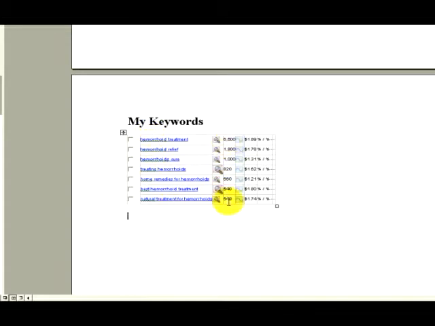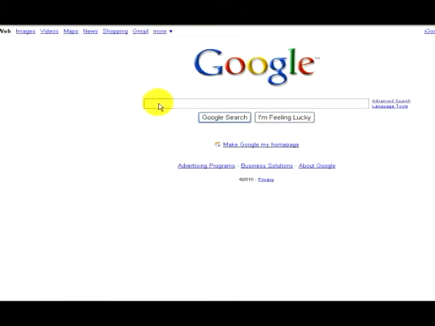It's got the keywords and the number of searches per month. The rest of the stuff I'm really not interested in. I'm just basically looking for keywords that have a good amount of volume before I move on to my next step. Okay, next what I'm going to do is I'm going to go over to Google,